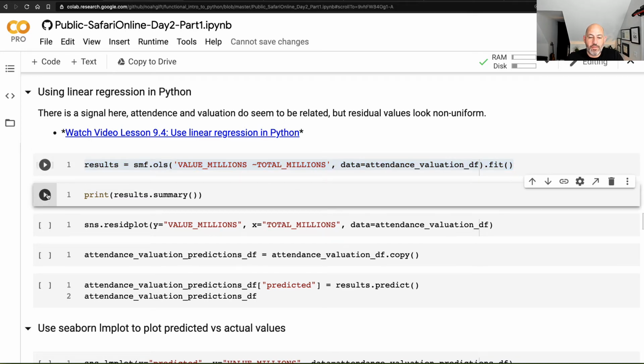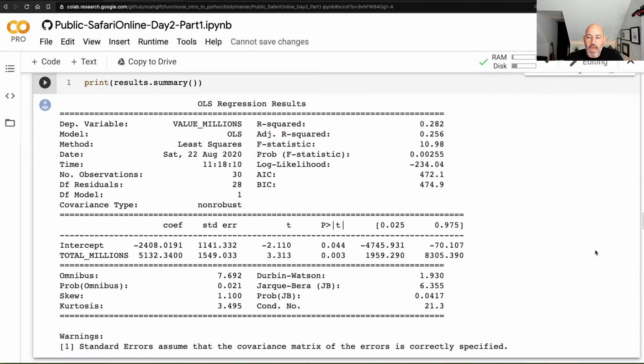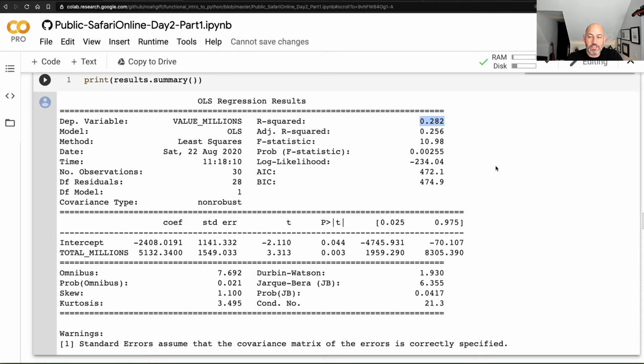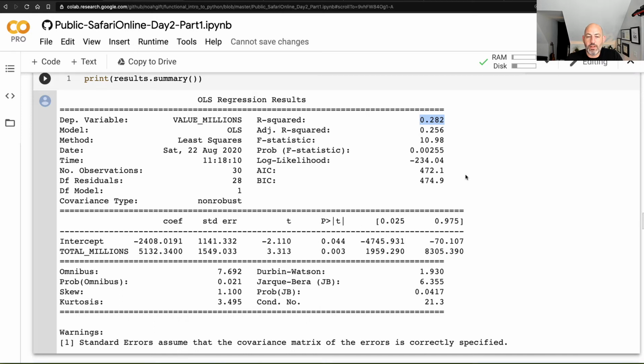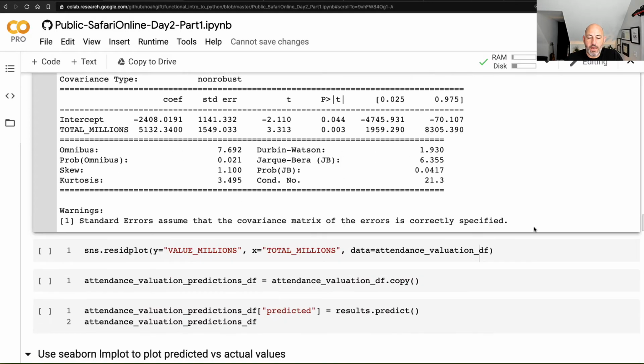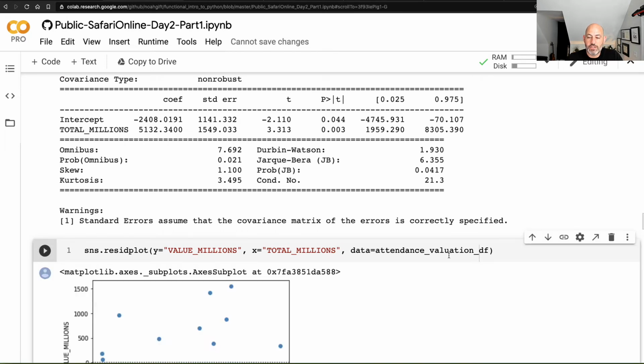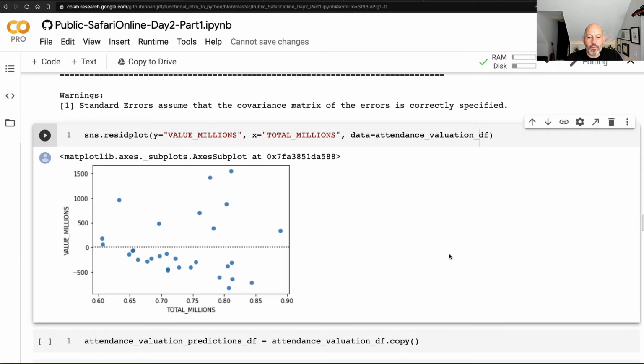And if I print this, we can see that I have an R squared of 28%. So you can see that there is something going on. I could start to create maybe a linear regression model that uses this valuation to predict the total attendance in millions. And if I look at the residual plot, if I say SNS residual plot,